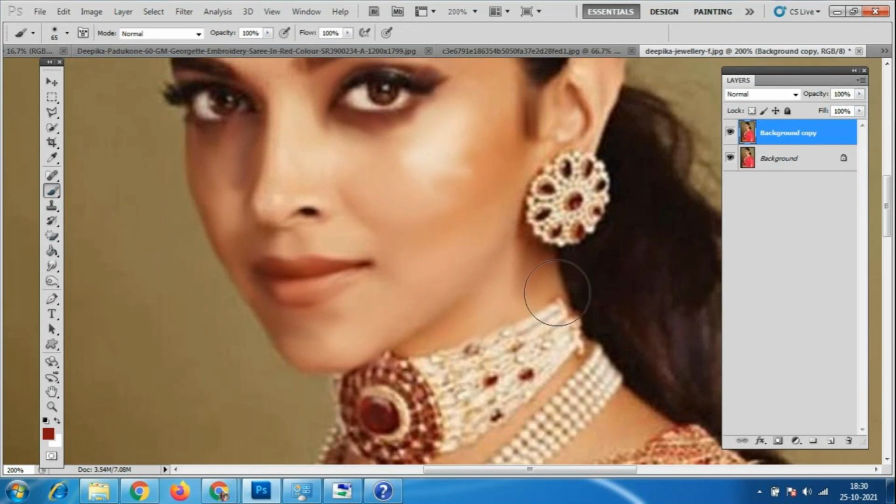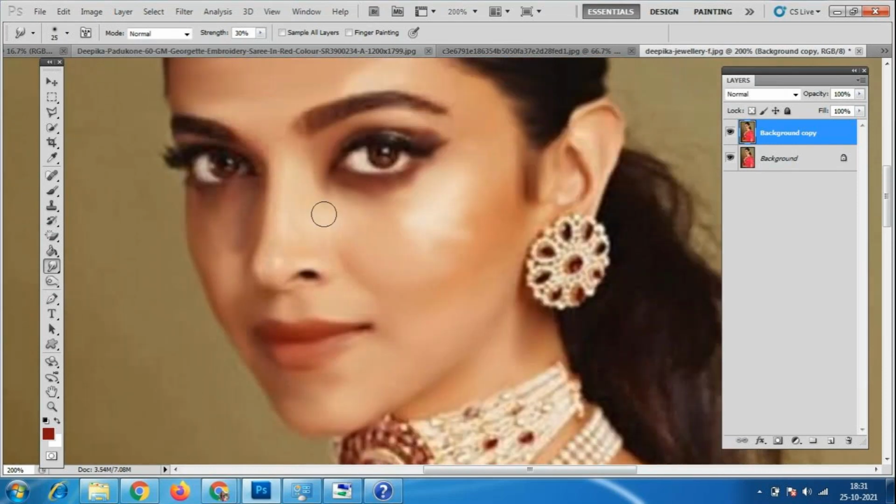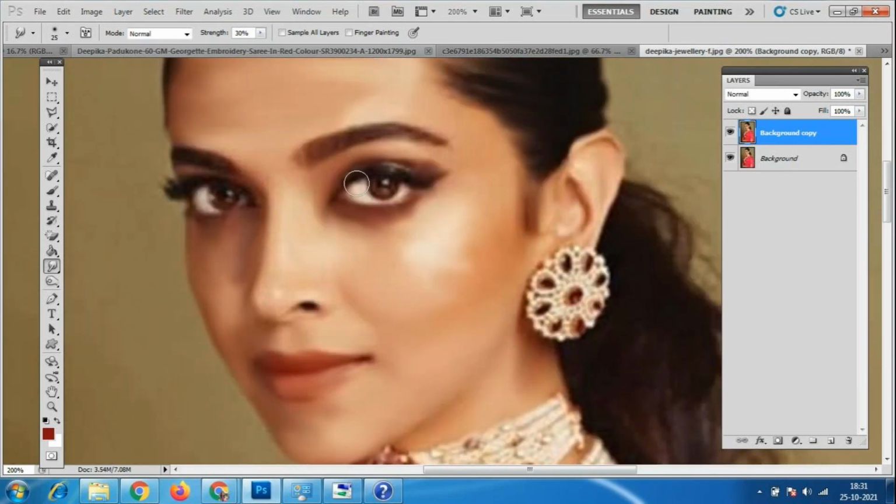Okay, very little bit, and again the opacity is also 10%. So small changes and all you have to make it. So lightly we can give the colors also. Okay, again we'll come back for this smudge tool. So wherever the colors we want, so those things and all we can change it. Okay. With the eyebrows,